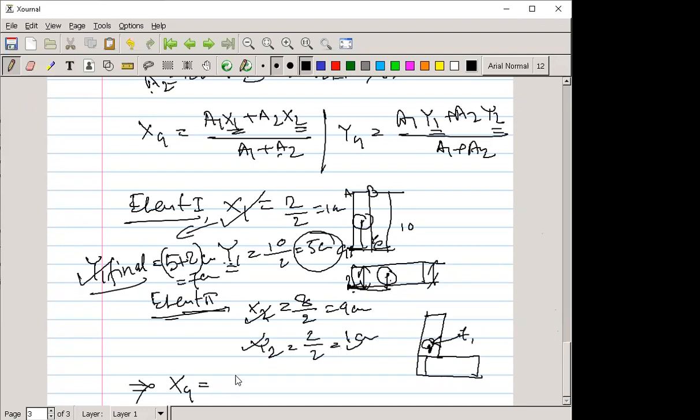So a1 is how much? A1 is 10 into 2, into x1 for finding out xg. So x1 is 2 by 2, 1, plus a2 is how much? 8 into 2, into x2 is 4, right? Divided by 10 into 2, meaning a1 plus a2, 8 into 2. And for finding out the yg,